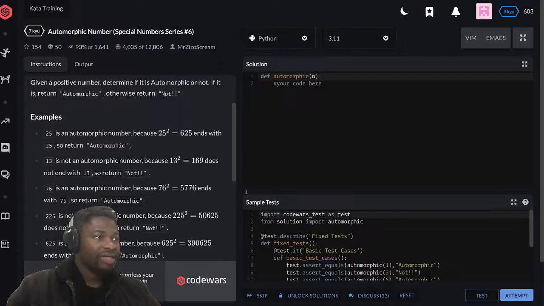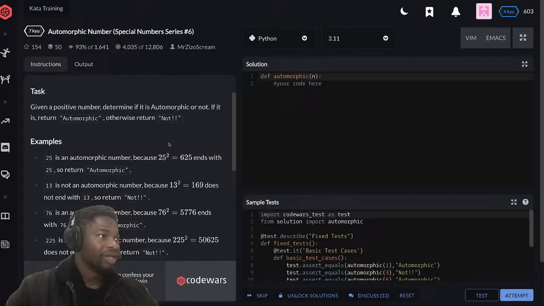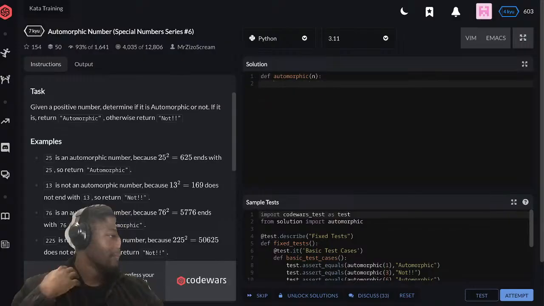so the number that we're given, is it squared, or we're just given the number as is? Looks like we're just given the number as is. So what I'll do in this case is print out the initial number first to see what we're working with,